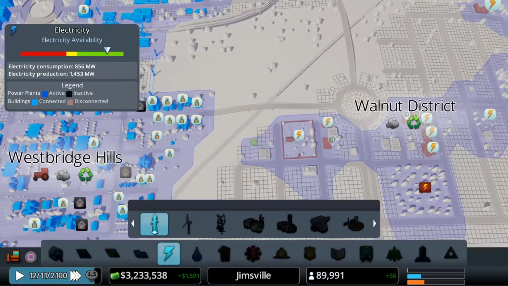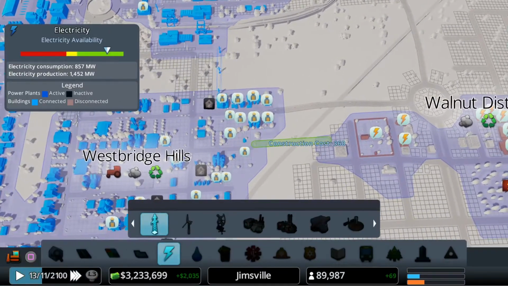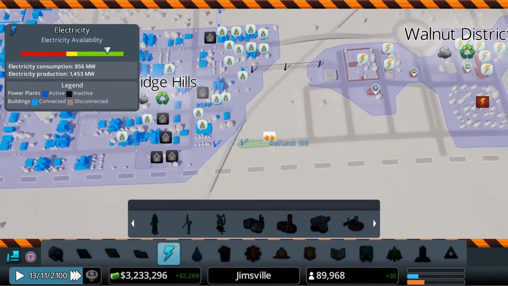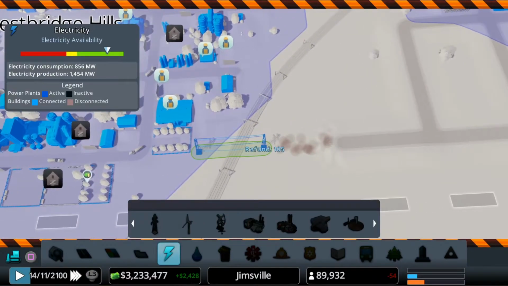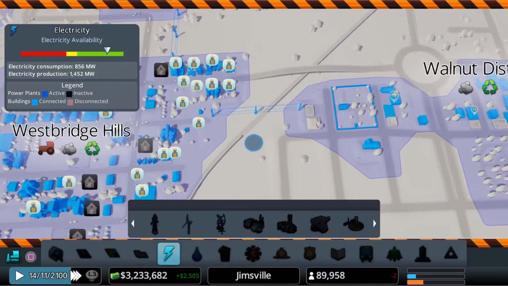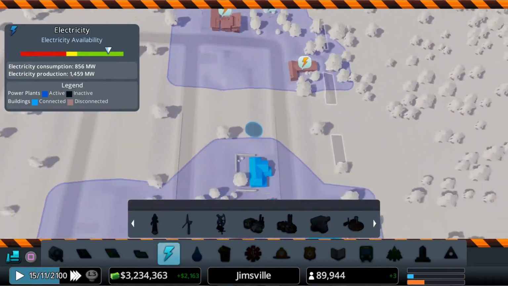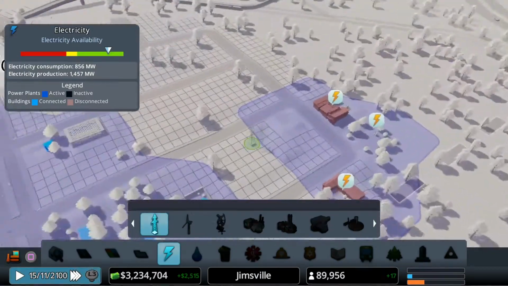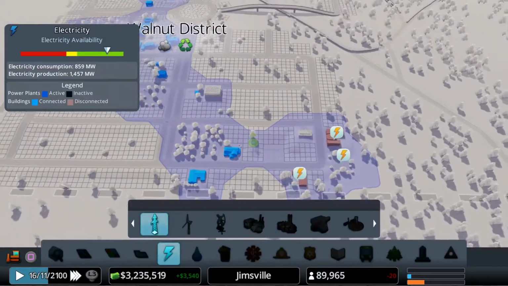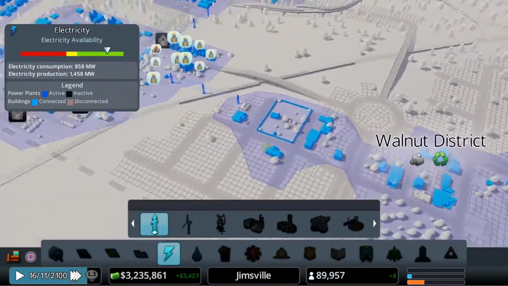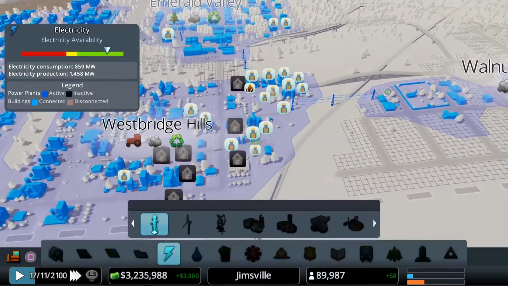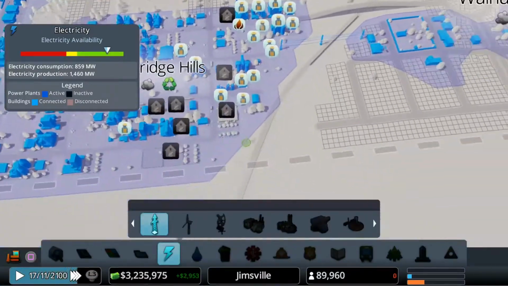I can always stick a power connection there actually, it's probably better. Take that one out. Like that. There we go. So we've got power in this district already. That's going to connect up pretty quickly, so I'm not going to bother creating a line. There we go. It's done it already for us. But we should hopefully now start to see people turning up in this district.